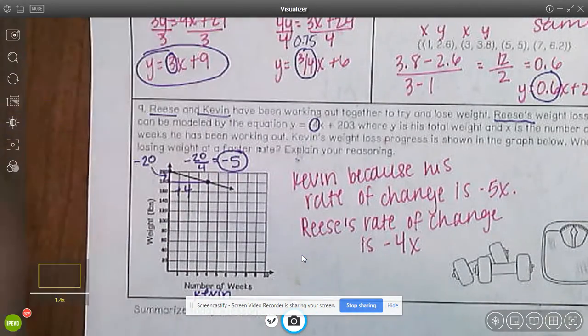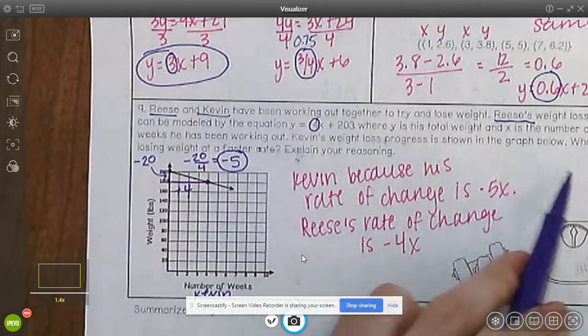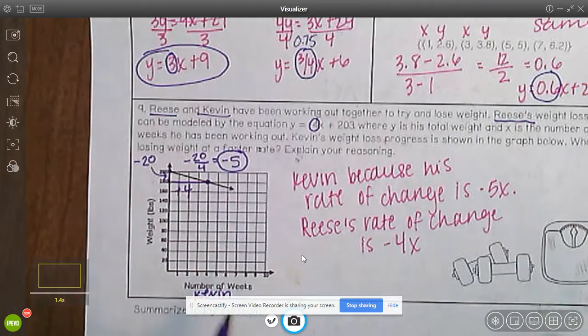Reese's was negative 4, and who is losing weight at a faster rate? That would be Kevin because 5